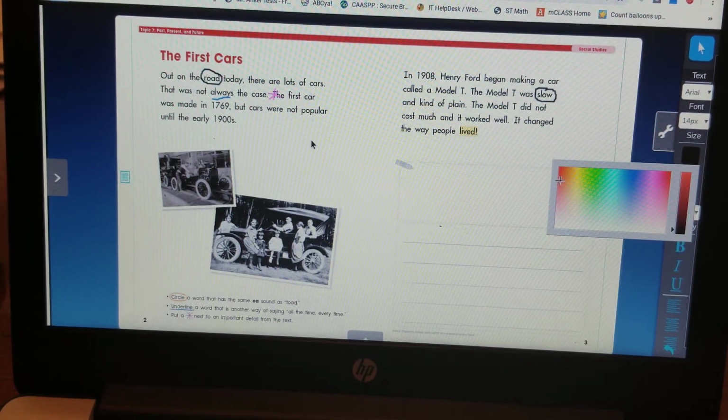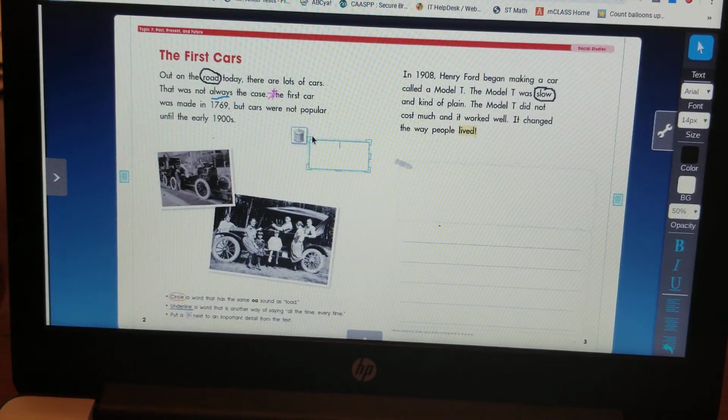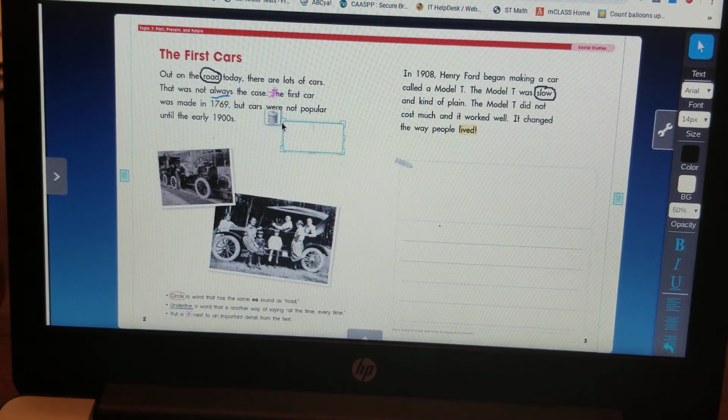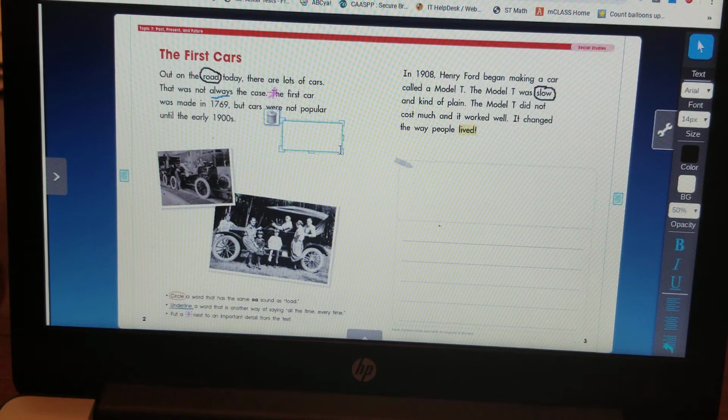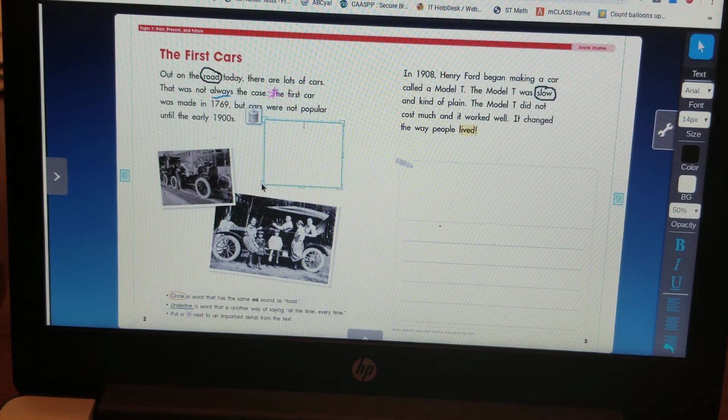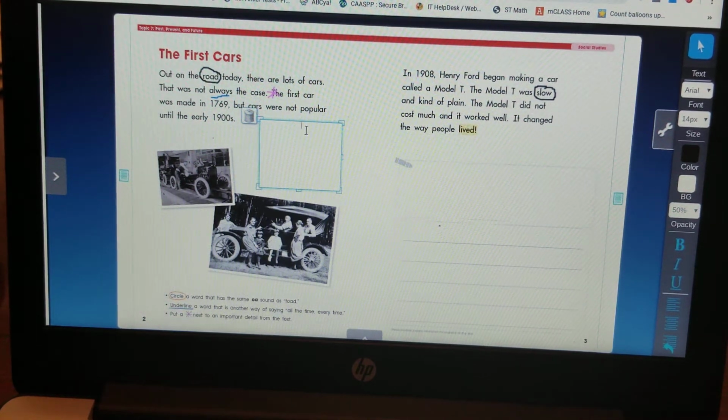Okay, and let's put a box here. I want you to write on this side. I have to put a box because when I use this program, I can't just write with the pen. I have to actually put a text box. Okay, there we go. In your box, or no, on your page, write the word